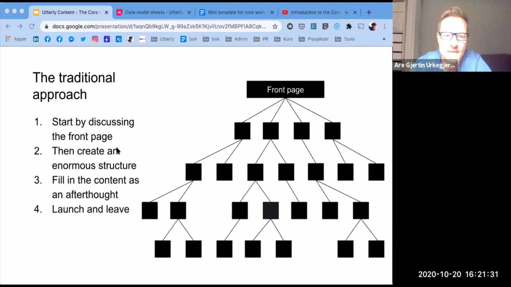So content is filled in, and then we launch and leave, because now everything is published and now we can go to sleep. We're finished with doing the content. And you launch the new website. People are happy with the logo and the grid. Looks fine. The digital agency might win a prize for the great design,